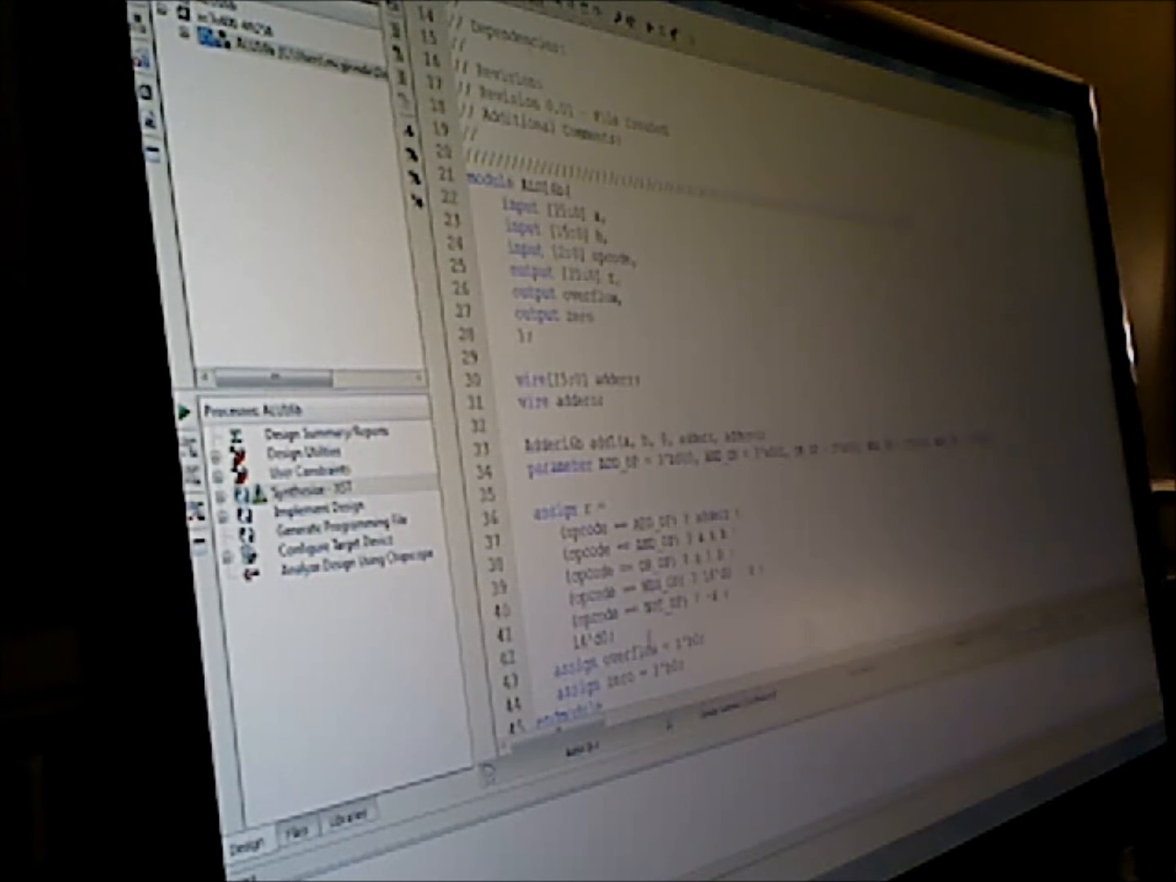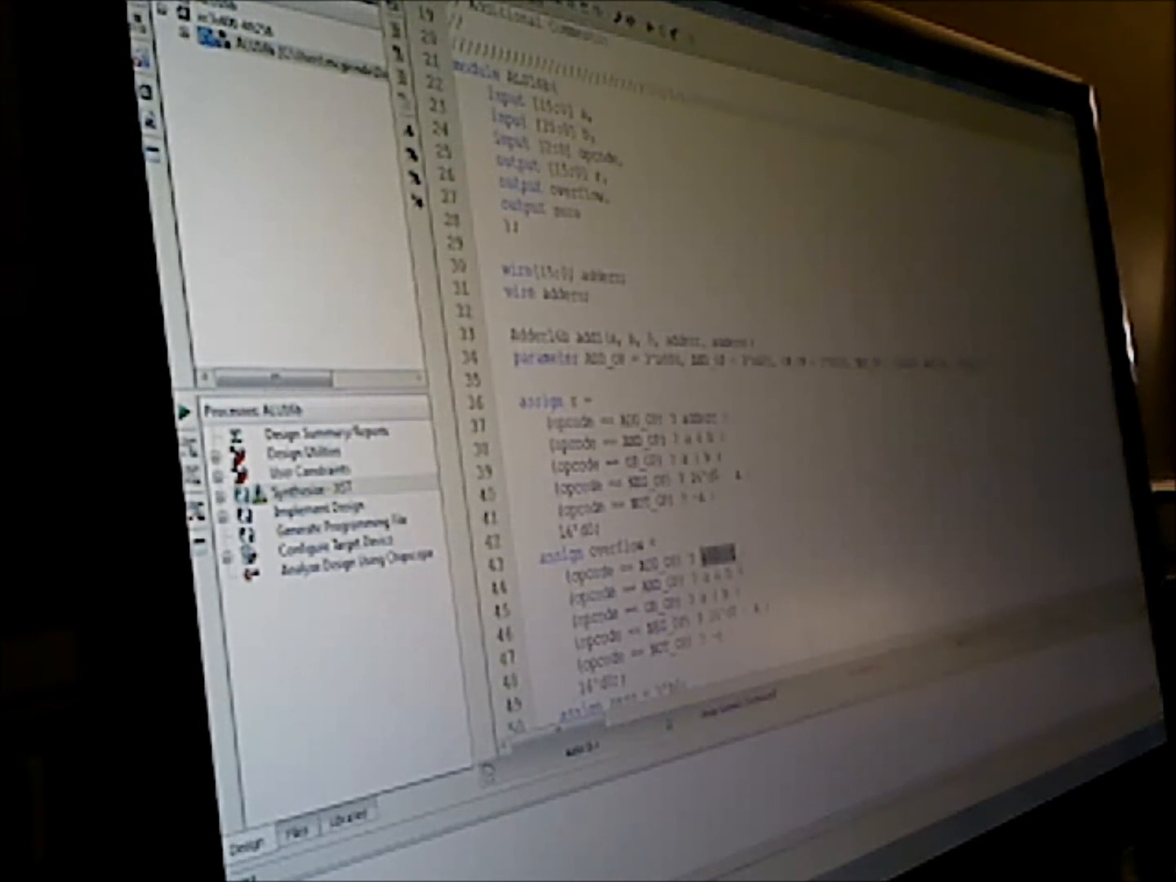And then what I can do actually is if I just copy this guy and paste it, then I can just change these values to be what it would be for the overflow. So for example,